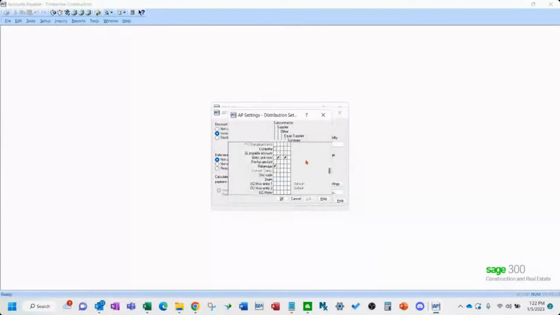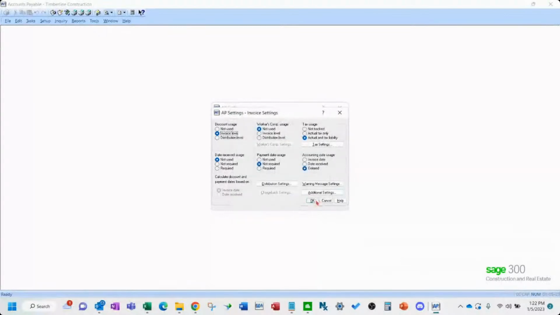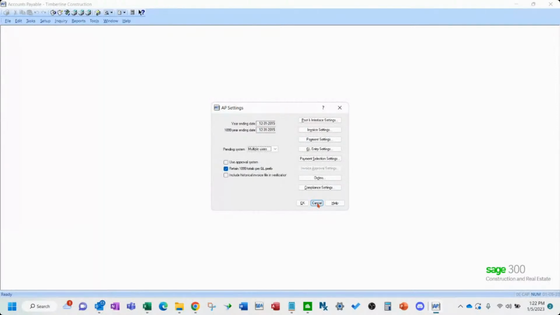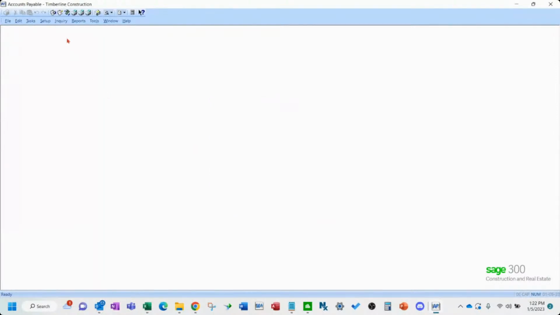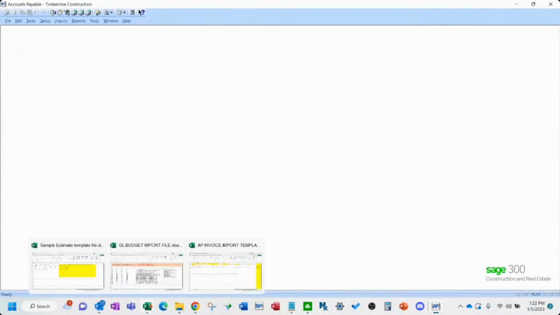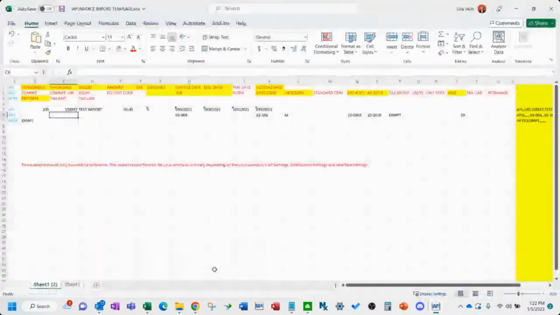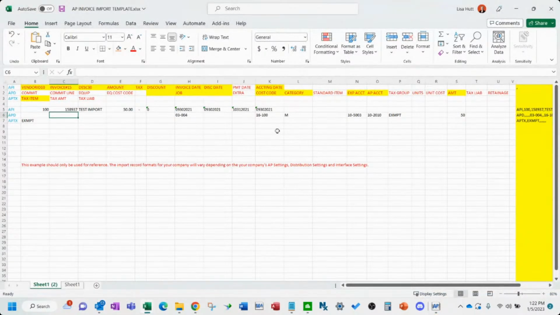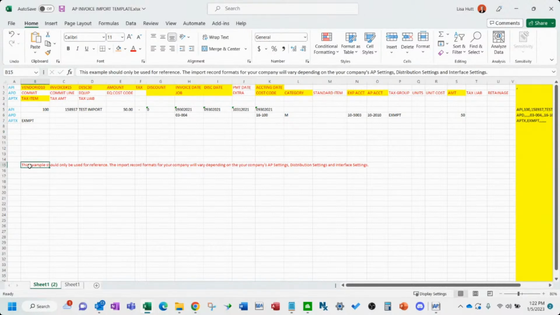Or if you're struggling with it, reach out. It's not the easiest one to get quite correct. Okay. So let's go to the import file and look at how this is set up for my setup. Okay. So there'll be this disclaimer at the bottom, just to make sure you remember that.